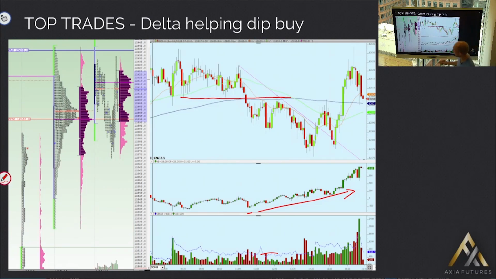Once again, ordinarily I wouldn't be overly keen on buying the value area low, particularly once you've held above and then dropped through this prominent VPOC. However, Euro Stoxx still strong, delta still rising in the DAX. You can then have a go at that trade. It makes levels to the downside stronger,